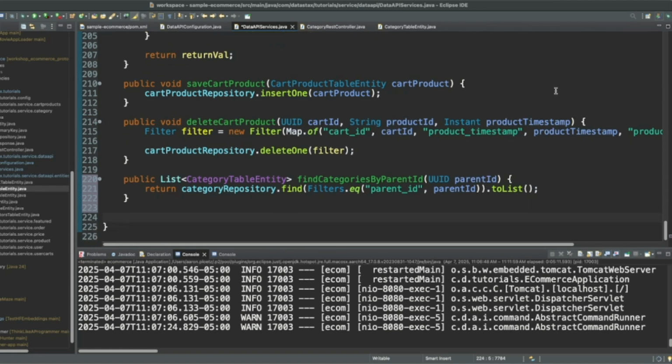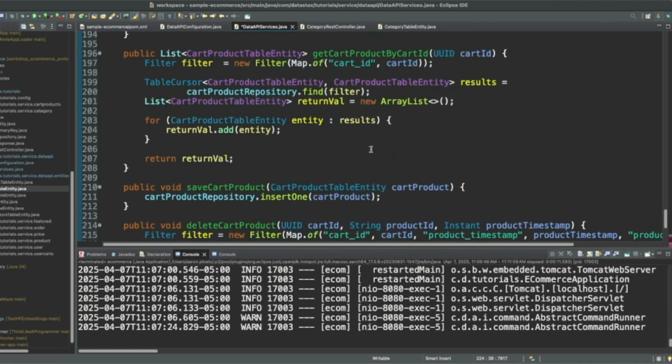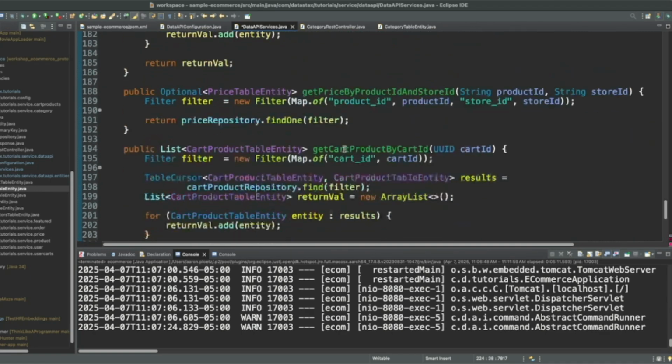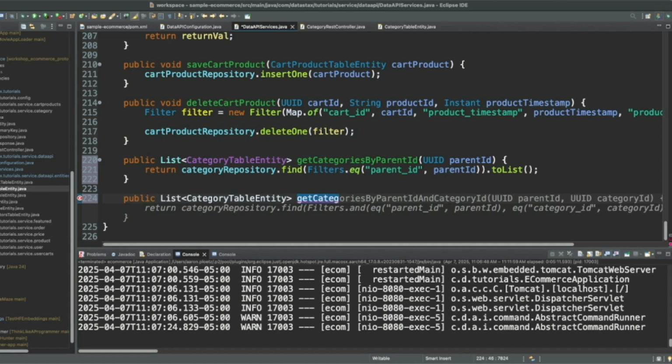Then our other method is going to be public list category table entity, and how have I been naming these? Okay, at the repository level, I've been naming them as gets. So let's do a get, just like that. And then we can also say get categories by parent ID and category ID, just like that.